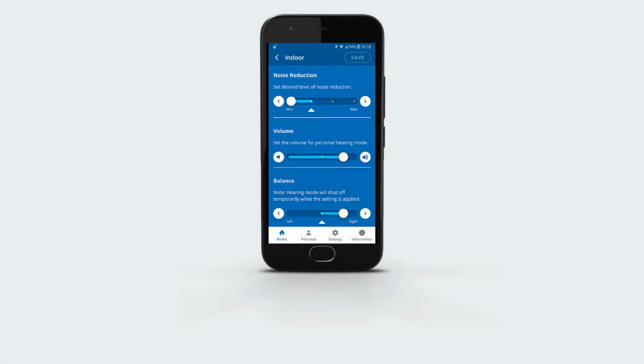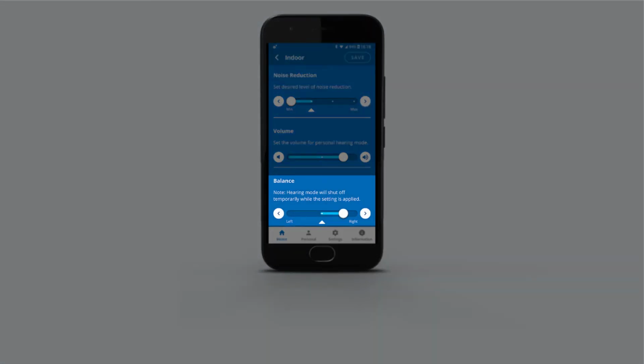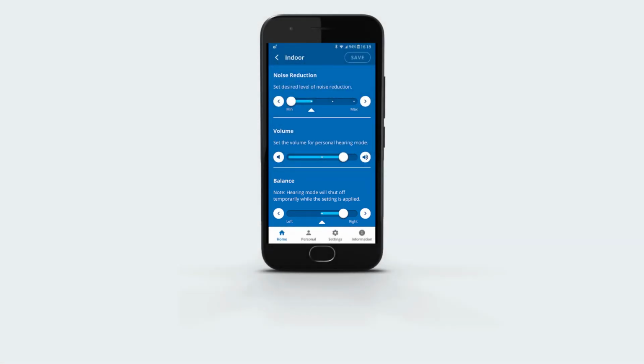The next slider lets you set the balance between your ears. If you've performed the hearing assessment, your hearing baseline will reflect any imbalance between your ears and adjust amplification for all sounds accordingly. However, this slider can be used to augment the results of the hearing assessment if you like. Say, for example, that your mother-in-law has been seated to your left at a dinner party. In that case, you can modify the balance to favor your right ear only. The reset button will return all values back to their factory defaults.